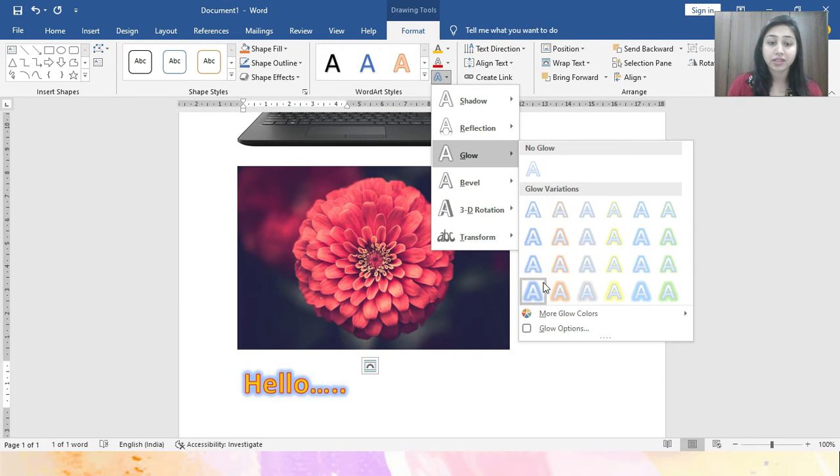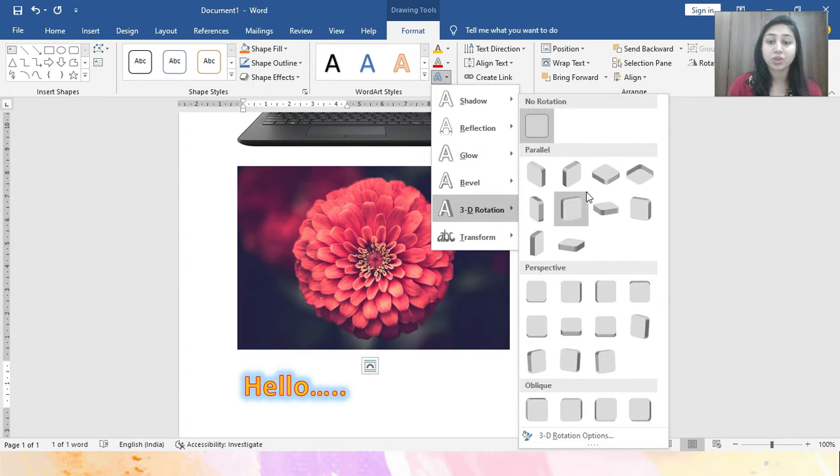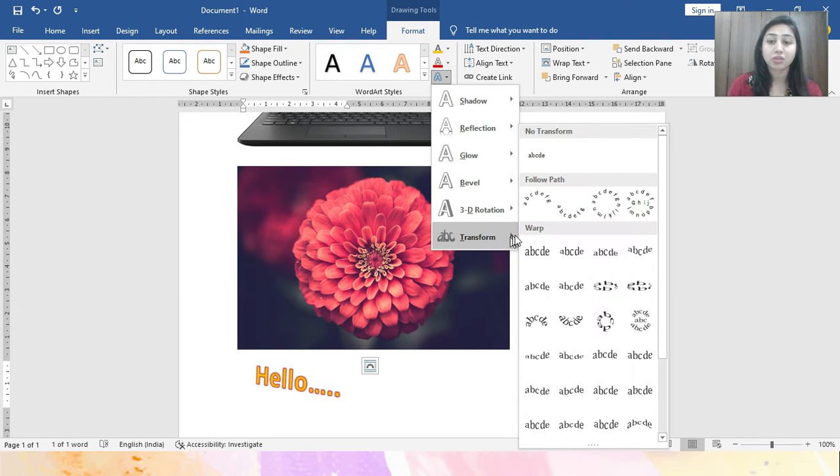Glow effects. Here you can see some changes over here in the text, right? Then 3D rotations, okay, and transform. So using the transform, you can give different styles, okay, to your text. Clear all of you? Done?